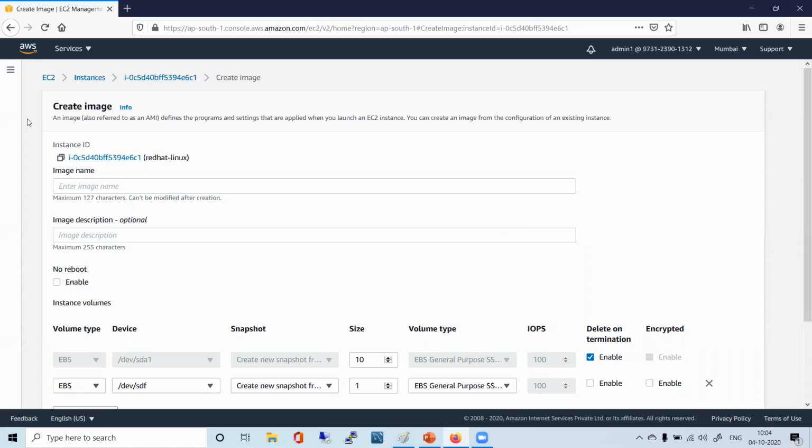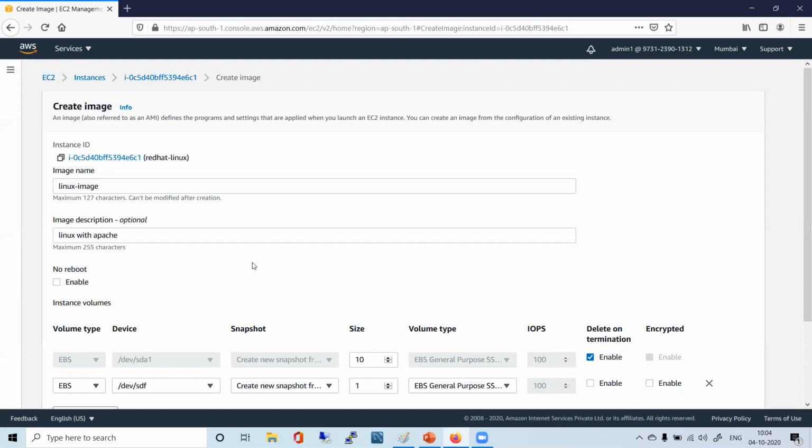Okay. Now, here in the image name, please mention some name. Say like, I'll say Linux image. Now, this is the description. So I'll just say Linux with Apache.